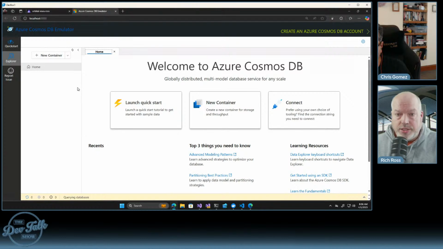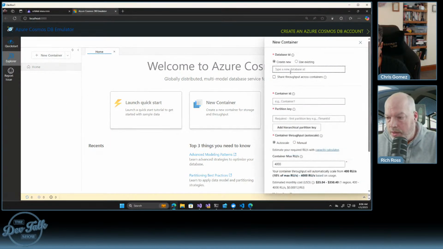this here, which is very similar to the interface you have when you're looking at Cosmos DB running up in the cloud. So from here, I could go ahead and say, let's create a new container or create a new database and basically interact with this just like if I was doing this up in the Azure portal, essentially. We can call this one orbital. Container ID is going to be my app data